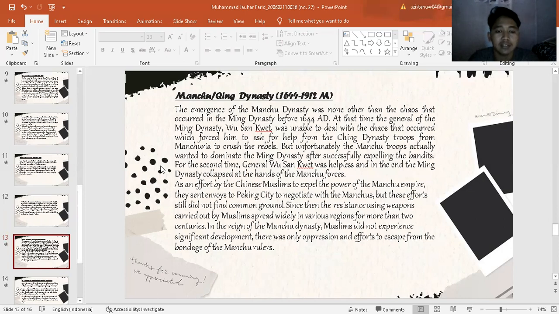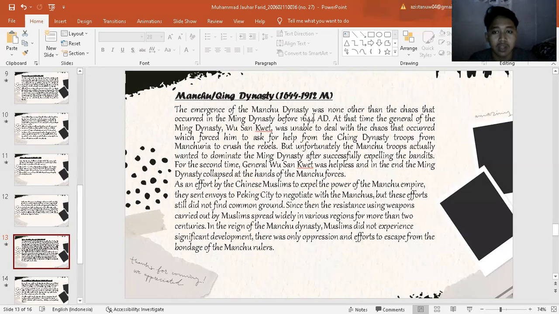Manchu or Qing dynasty, 1644 until 1912 AD. The emergence of the Manchu dynasty was due to the chaos that occurred in the Ming dynasty before 1644 AD. At the time, the general of the Ming dynasty, Wu Sangui, was unable to deal with the